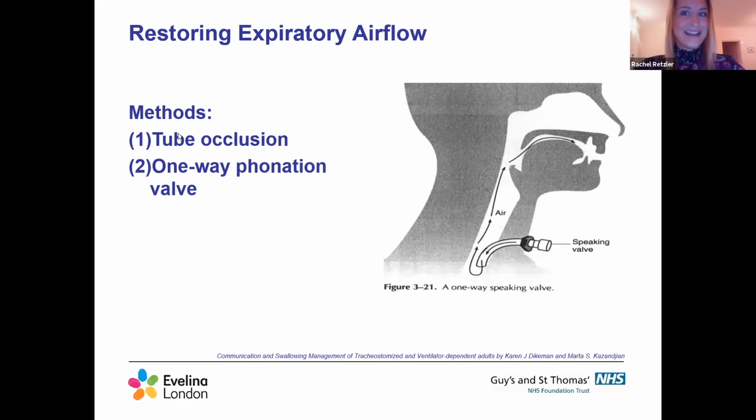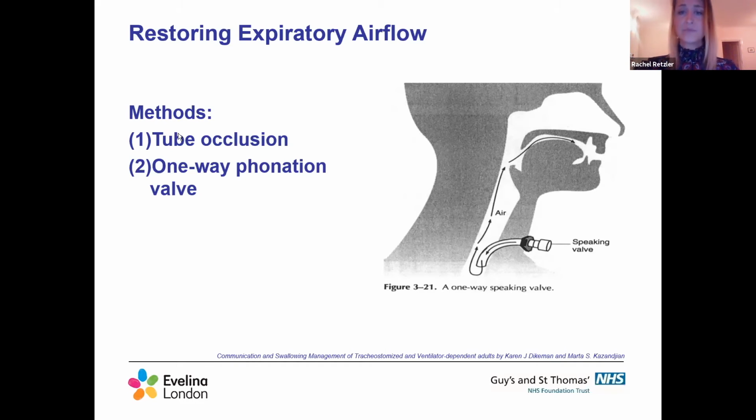So our primary aim is to restore the expiratory airflow when we can with these children. Two ways to do this would be tube occlusion or one-way phonation valves. Tube occlusion is not something we generally promote others to do with children. However, I'm sure some of you have noticed if you've worked with tracheostomy children, that sometimes you'll find children will